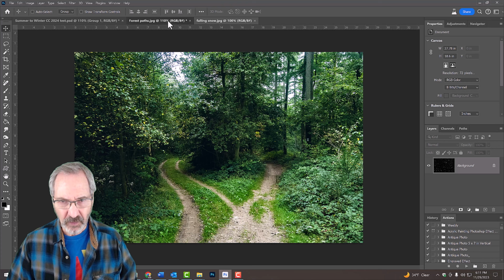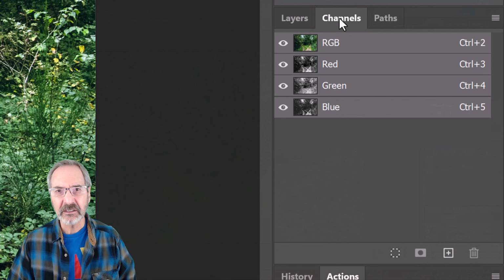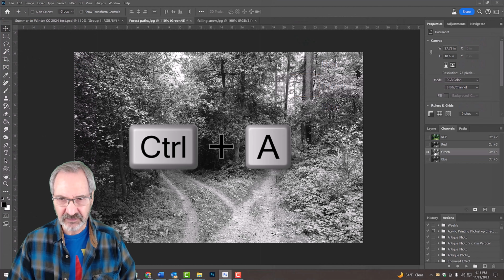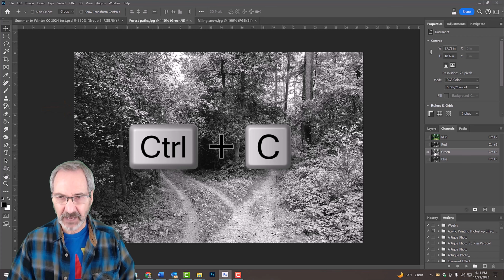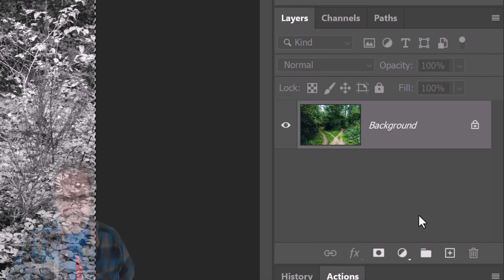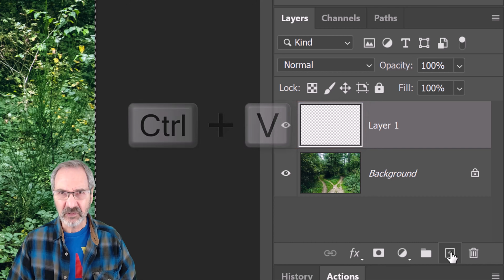Open the forest photo and open the Channels panel. If you don't see it, go to Window and Channels. Click the green channel. Press Ctrl or Command A to select it and Ctrl or Command C to copy it. Open back the Layers panel. Click the New Layer icon to make a new layer and press Ctrl or Command V to paste the green